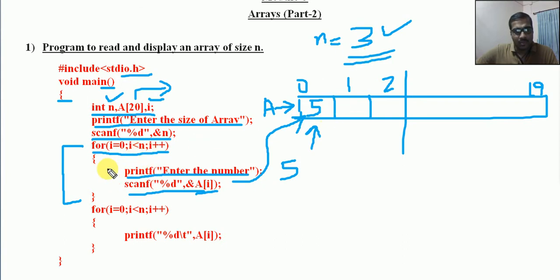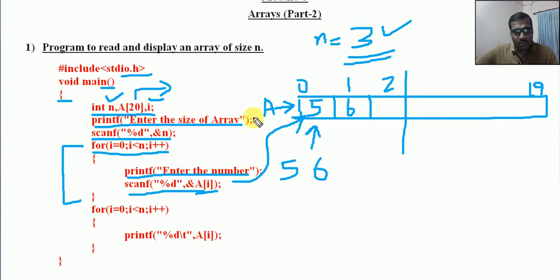That is true. It will enter into the loop, enter the number. So that is for entering the next number. scanf %d ampersand, now a of 1. Now I will be reading the next value. For example, I am reading 6. 6 is allocated to a of 1, that is here. 6 will be allocated. Now again i will be incremented by 1,